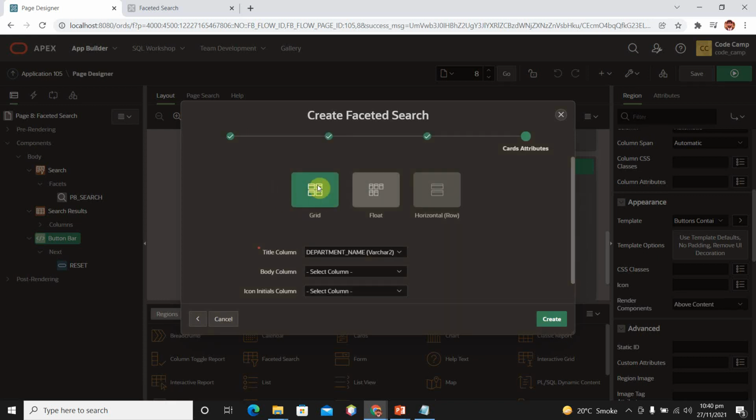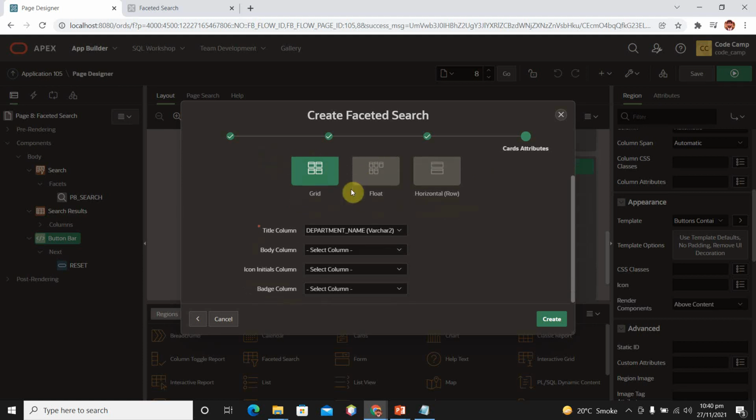So here we have multiple faceted search options. We want to show our results in a grid, just like this, where it fills the row and then moves to the next row, or we can show it horizontally. So I am selecting a grid.